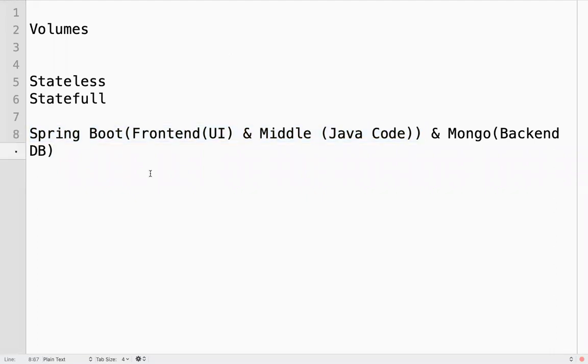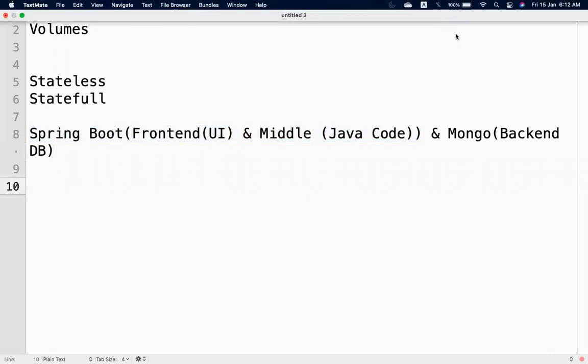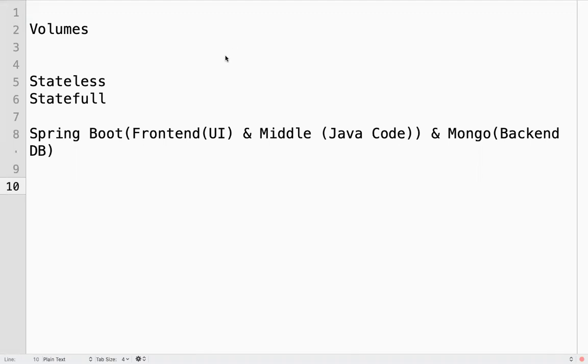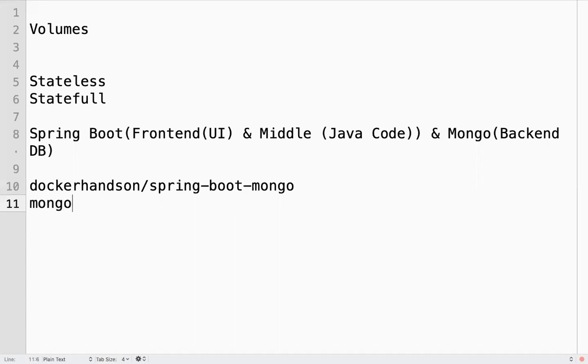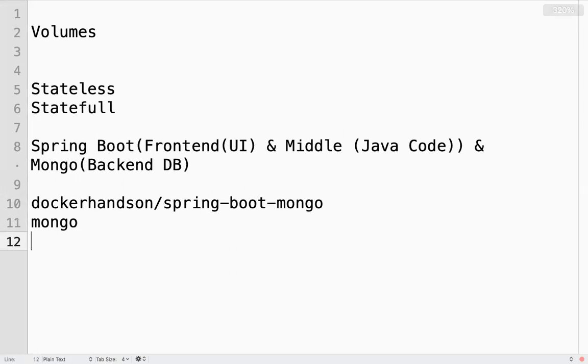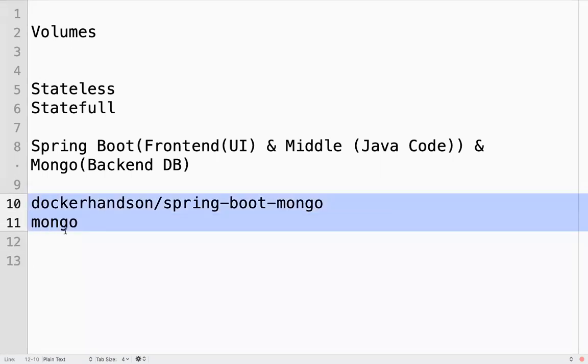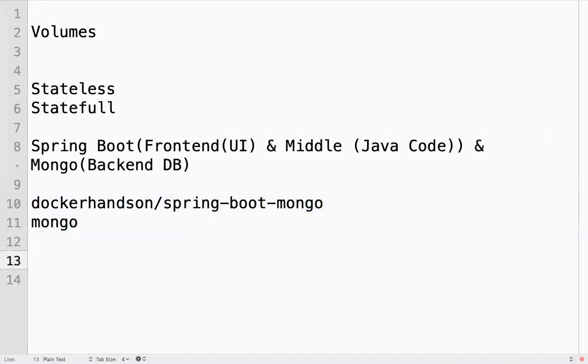Now we have to deploy this application. We have this image, and we have a Mongo image. So what objects do we need to create? How many Kubernetes resources, workloads or objects do we need to create to deploy this application for now?